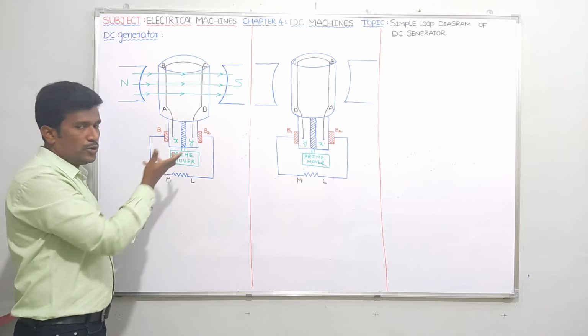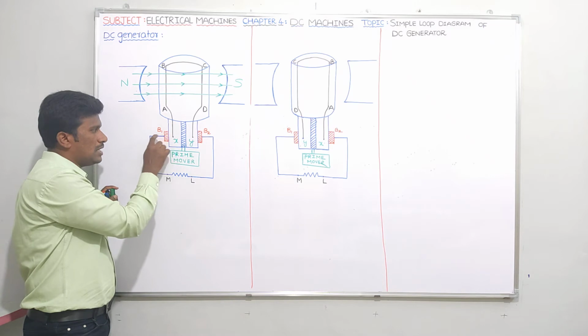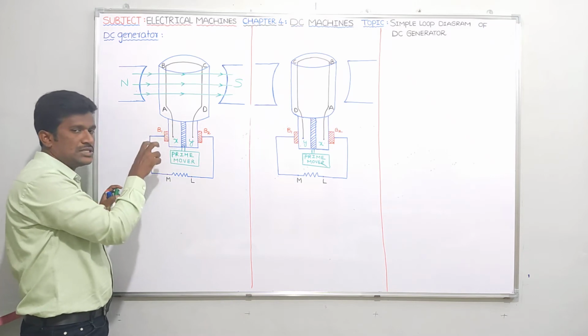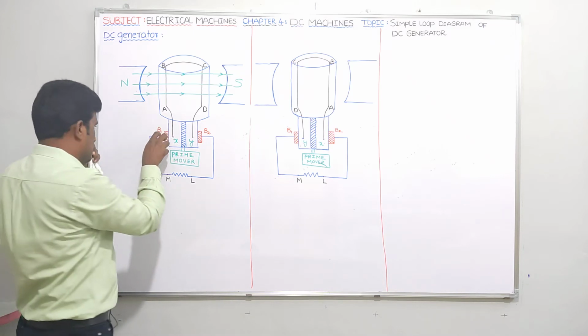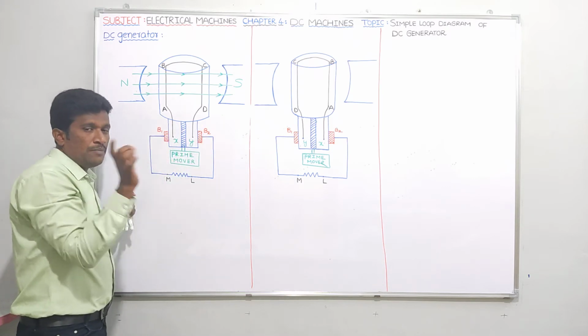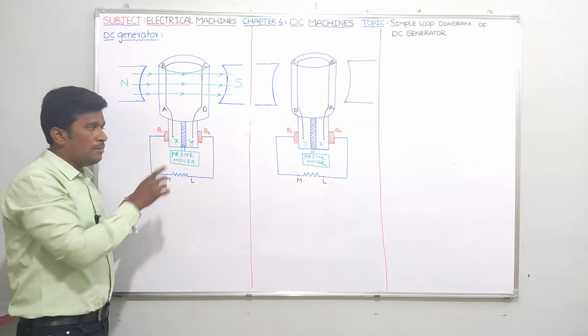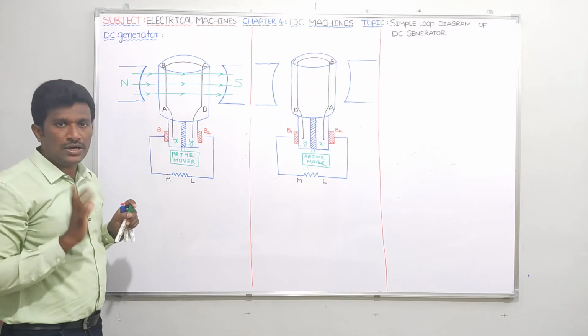It is a rotating portion. And on these split rings or segments, let us see this red color. Nothing but these brushes are simply placed on the split rings. Brushes B1, B2 are simply placed on these segments. Brushes are not moving, brushes are fixed, they won't move, but the split rings will be rotating. That you have to understand.